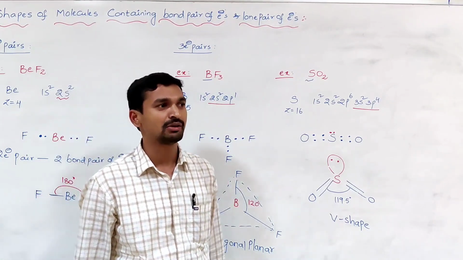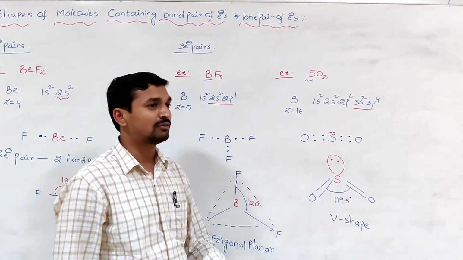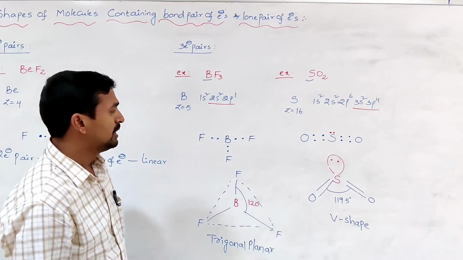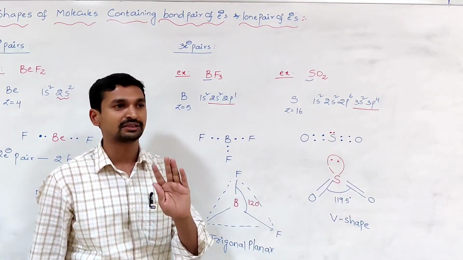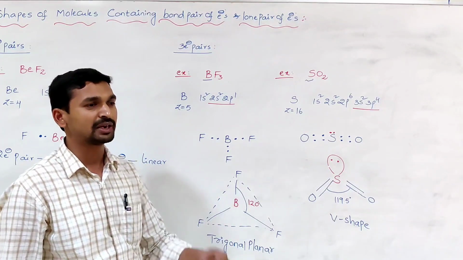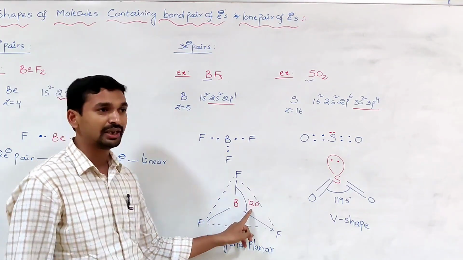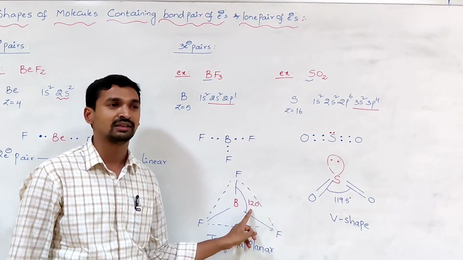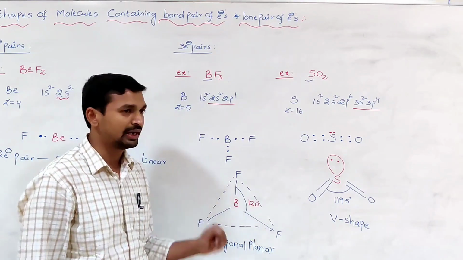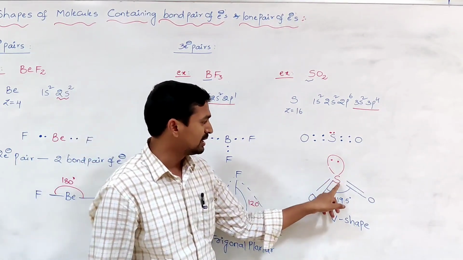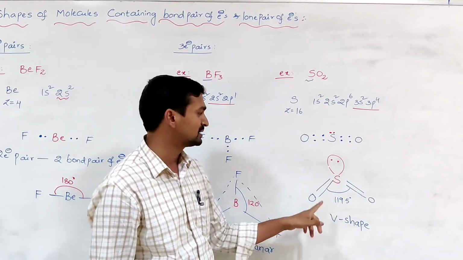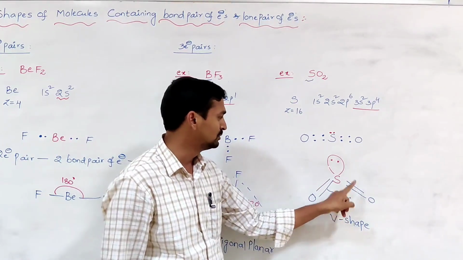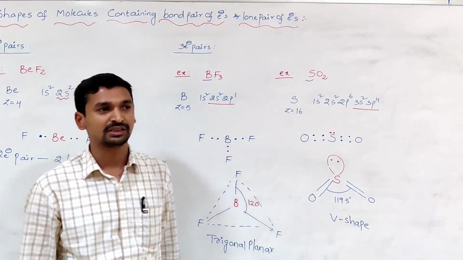Here one more important question might be raised. Generally, if around the central atom the 3 electron pairs are present, what is the expected bond angle? 120 degrees. You know very well, you learned that in the last class. Here also around the sulfur, how many electron pairs are present? 3 electron pairs are present. 1, 2, 3.